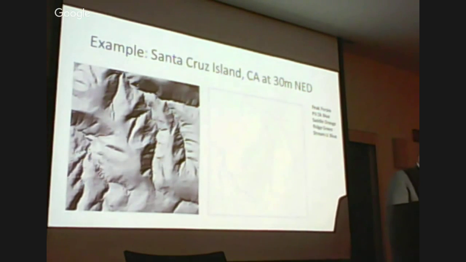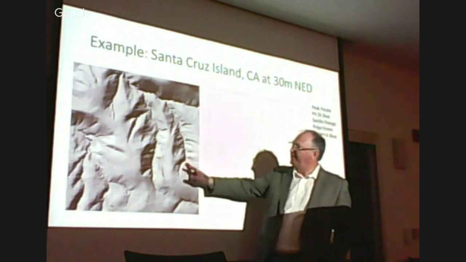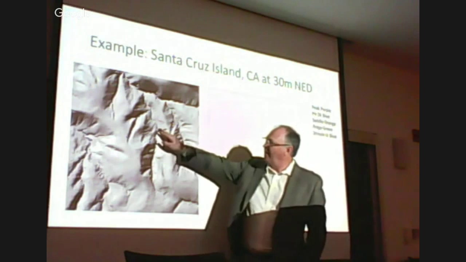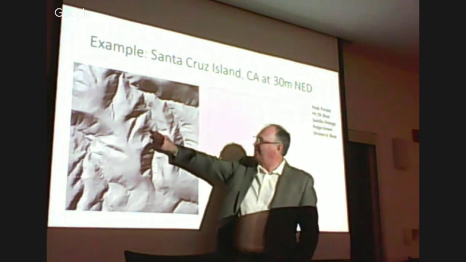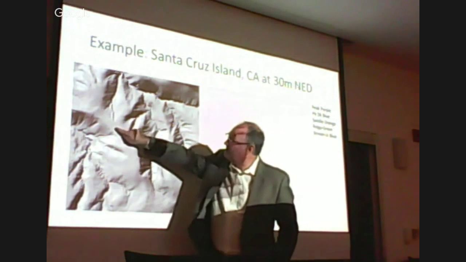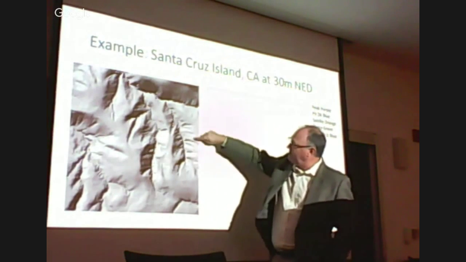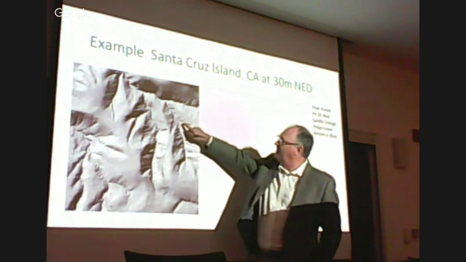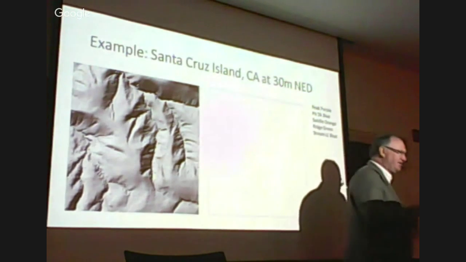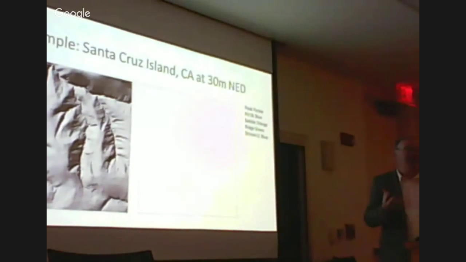When you take this to the extreme, so here is, that says 30 meters, that's actually 1 meter data for Santa Cruz Island from LiDAR. When we get down to the level of the entire sub-basin, now we begin to see details like individual arroyos here, or roads, tracks, jeep trails, and so on, individual boulders sitting on the landscape, and then in particular for Santa Cruz Island, these little mudslides that go down slope. Every one of those generates its own topology